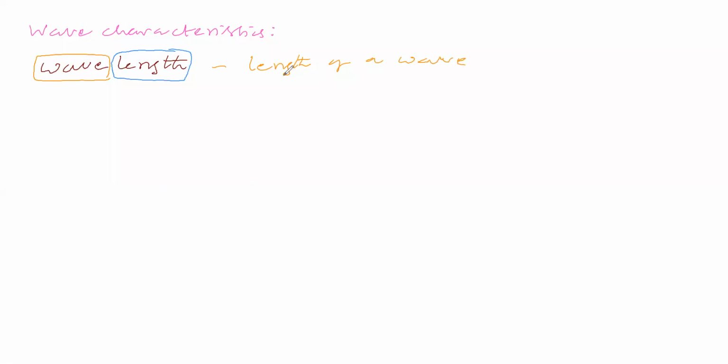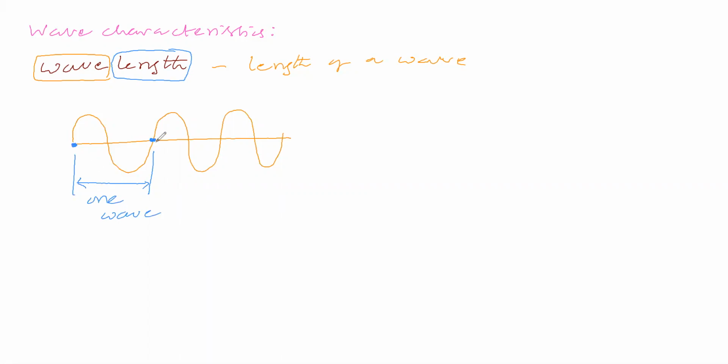So now we will consider a wave. Let us consider a wave like this. Now we want to say the wavelength. Wavelength in the sense of distance, length of a wave. The wave starts at a starting point, goes to the crest, then the trough, and then ends. It is called one wave. From this point to this point is called one wave.